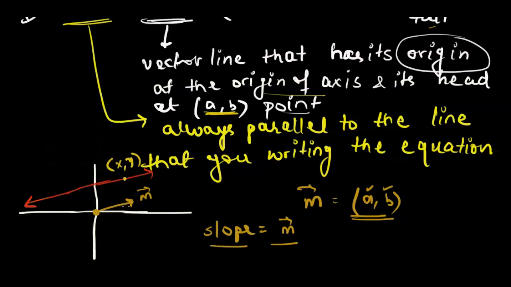That's why we say that the direction vector is parallel to the given line that you're writing the equation for, because parallel lines have the same slopes. Or we can say parallel lines have the same direction vector. So always remember that whenever we are given the direction vector and a point that lies on the line, we will be able to make the line